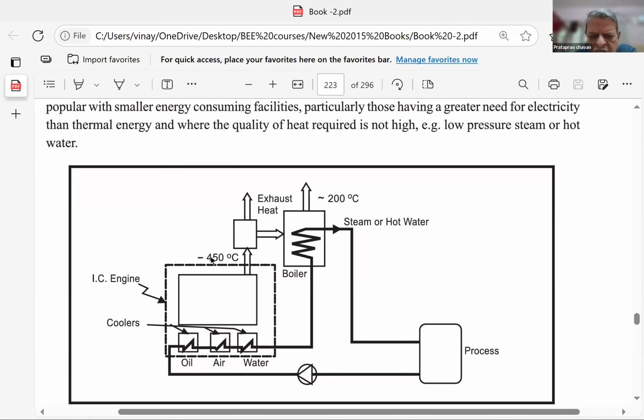And then this heat source can be converted for the boiler, which is not using any fuel, but this heat is using the boiler water to convert to steam. And this steam or hot water, whatever the process requirement is, goes to the factory. The factory uses this. If there is no requirement here, the steam can be used for operating a steam turbine